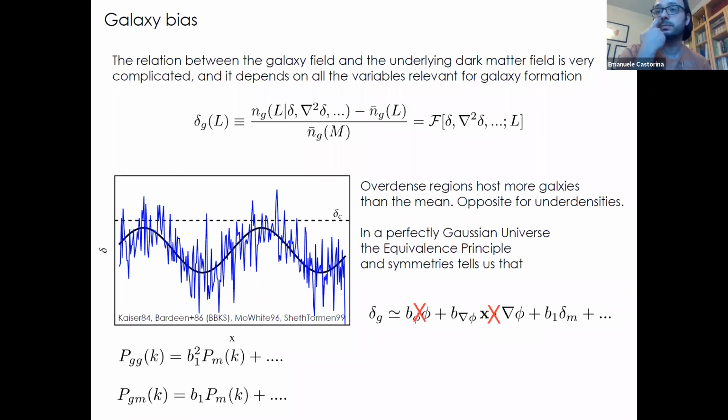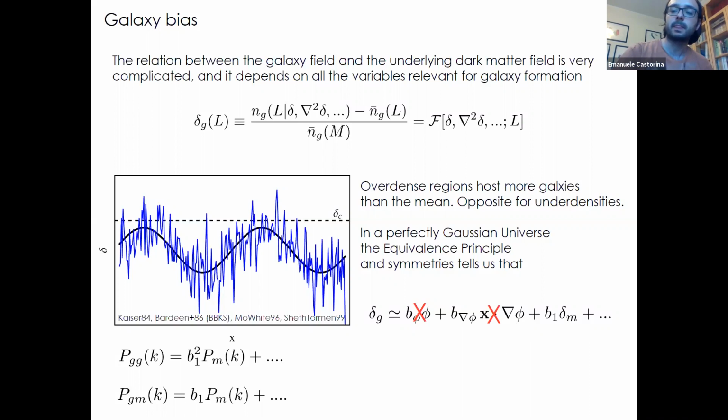write the first two. Because of course, the first two will just correspond to the bare value of the gravitational potential, which we know is not observable, and the gradient of phi is just an acceleration. So what you would do is just go into the elevator and free fall, and you will not see the effect of this operator. So in a Gaussian universe where the equivalence principle is respected, the relation between the underlying galaxy density field and the underlying dark matter field needs to start with this operator delta m, multiplied by an